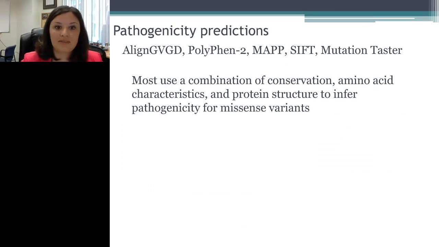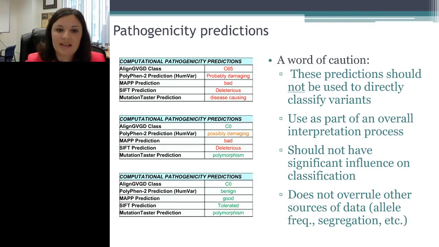I next wanted to talk about the subject of pathogenicity prediction. So I've listed a couple of programs here. There are certainly several others, and most of these tend to use a combination of conservation, amino acid characteristics, and protein structure to infer pathogenicity from missense variants. And I'm going to give an example on the next slide of the output that we might see for these. So this is just an Excel table of various outputs for some of these,